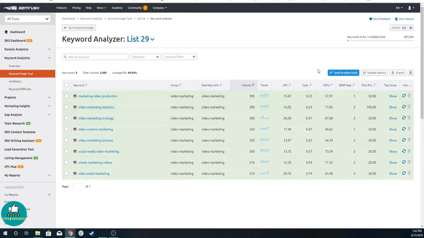So this is all of our updated information, and it gives me a better idea of, I can export this and I can send it to people on my editorial team. Maybe they asked me to do some basic keyword research on a blog post or a pillar page that we were going to make on video marketing, and I can give them a better idea of what people are really searching for, what kind of traffic we're looking at, and really how hard is it going to be